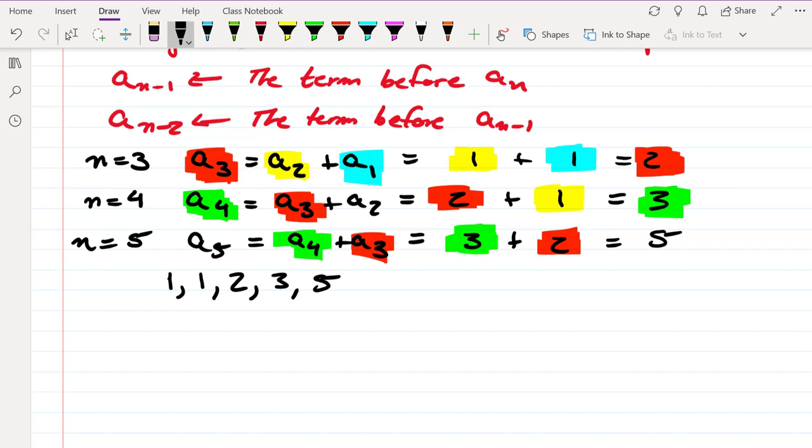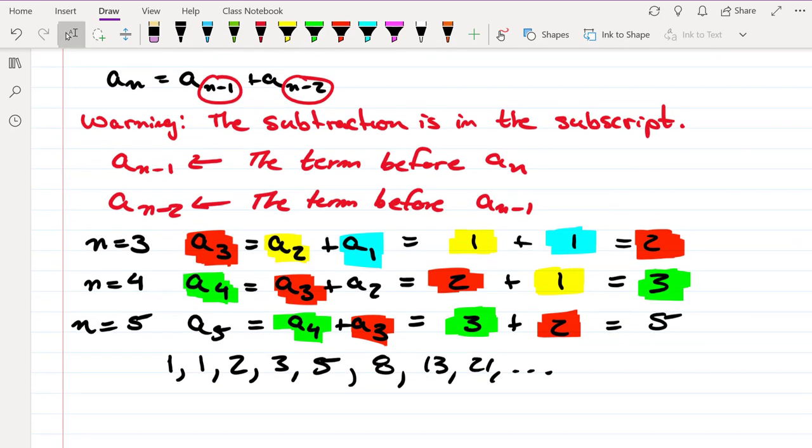And we'll notice that we could have gotten the next sequence member by going 1 plus 1 is 2, 1 plus 2 is 3, 2 plus 3 is 5. So our next sequence member would be 3 plus 5 is 8. And the next one after that is 5 plus 8 is 13, 21, and so forth. And this comes from, when we look at our rule here, it says a sub n is equal to the term that came before it, and then the term that came before that, which was